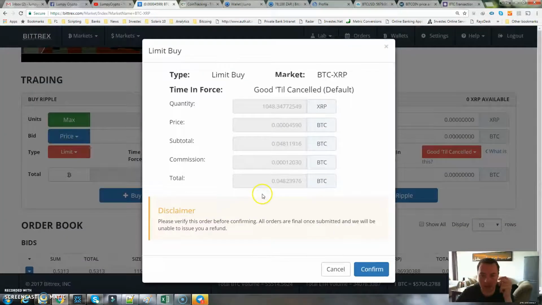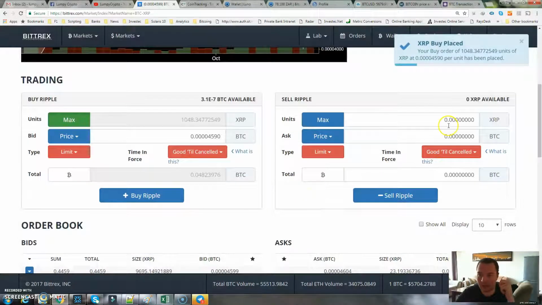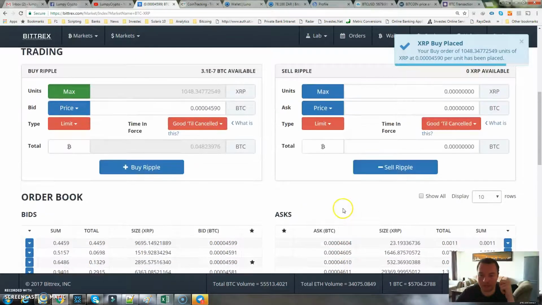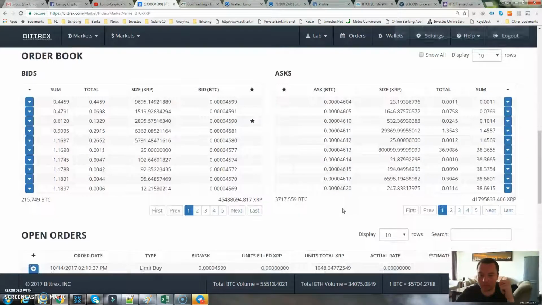And let's book the trade. So this is good to just have some details as well as the commission. Remember, each one of the transactions will have a fee. So let's confirm the buy order and let's see what happens. So you'll now see that that's where our trade is, and we'll give it some time to see if it